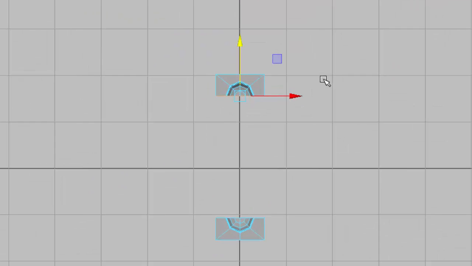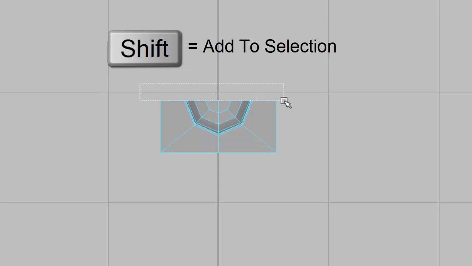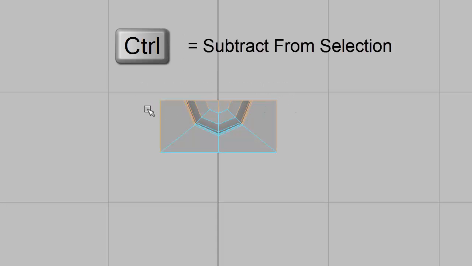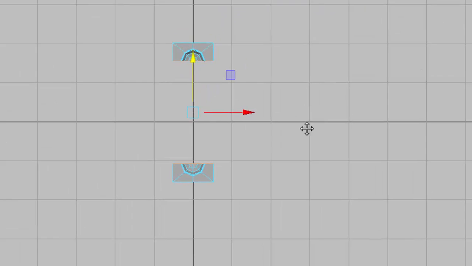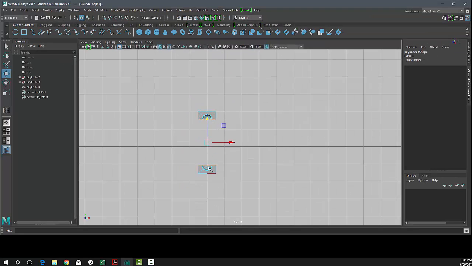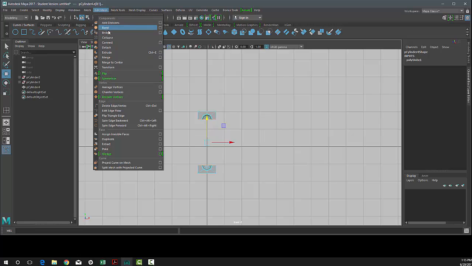I'll do the same thing for the lower one, only this time I need to hold the Shift key down to select this leading edge, and that will add to my selection, and then Control and deselect those. So now I just have those two close edges selected. I'll go to my Edit Mesh, Bridge,